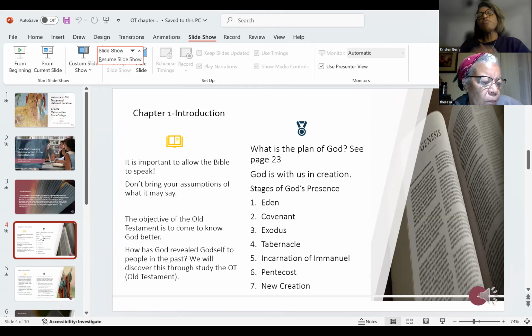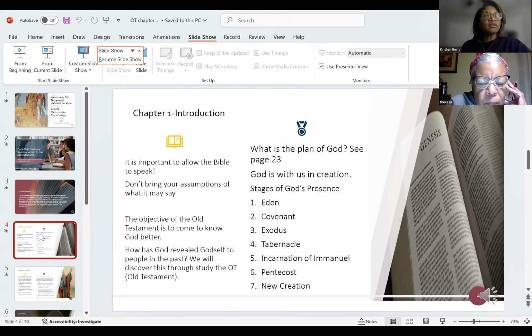Then it's like, okay, now we're finding a new place of worship. God's presence is in the tabernacle as well. And then as we get into the New Testament, God says, I love y'all, but we got to do something here. I'm going to send myself in flesh, which is the incarnate, in number 5, incarnation of Emmanuel. That's Jesus. God with us. That's what Emmanuel means. God with us. And so God present in Jesus, and we see that in the New Testament.